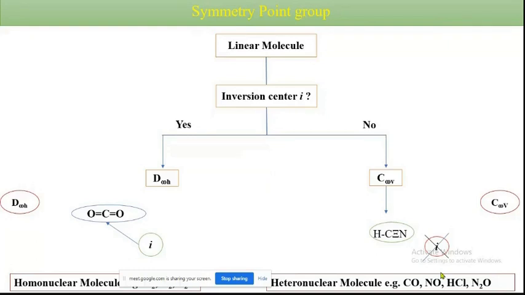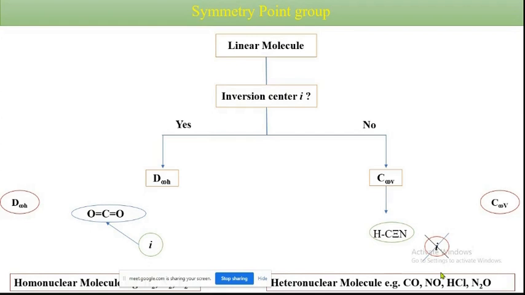How to find out the point group of any given molecule. Remember, to find out the point group of any given molecule, you have to see what is the shape of the molecule first. Shape means whether it is linear or non-linear. That's it. I think this segregation will not be difficult for you. You just have to find out whether your given molecule is linear or non-linear.